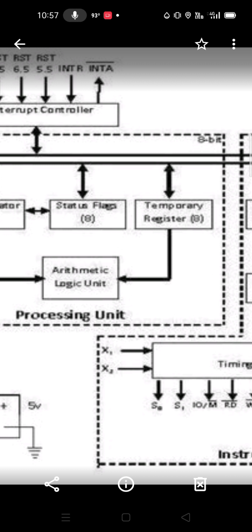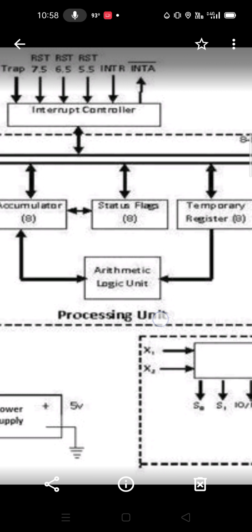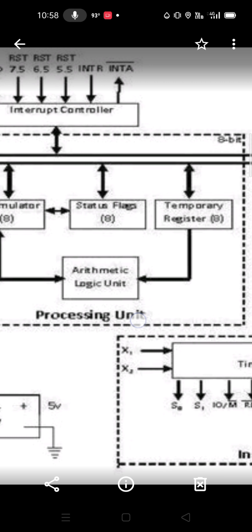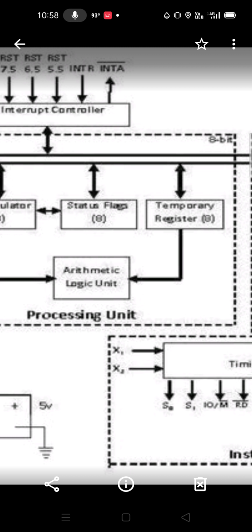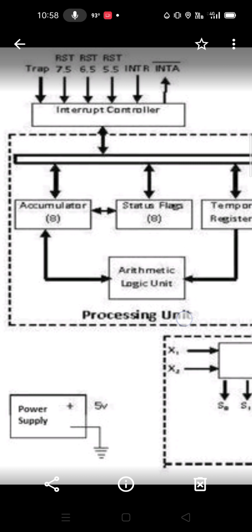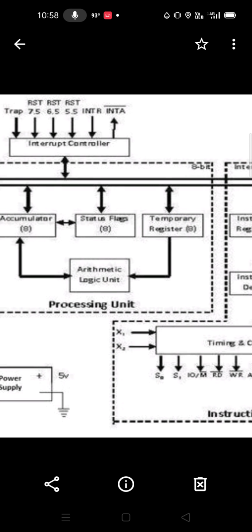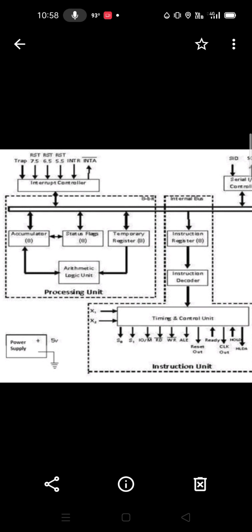Now the temporary register is used like this: if you're adding two elements, the first one is put in the accumulator and the second one in the temporary register. When both are put in, you get the final result, which usually gets transferred to the accumulator. You can put it in the accumulator or transfer it to a temporary register straight away. So the arithmetic logic unit can do both, the calculation and putting the results in a particular area.